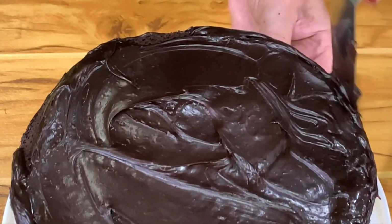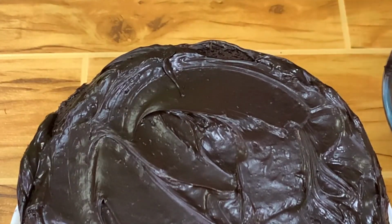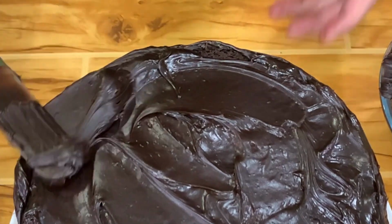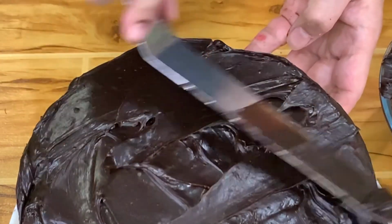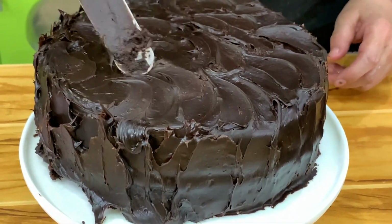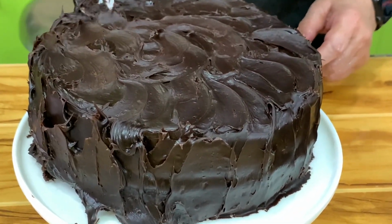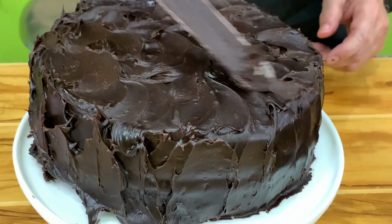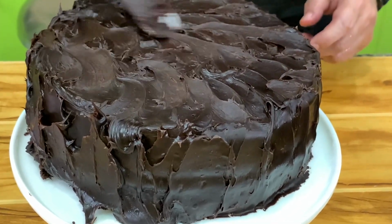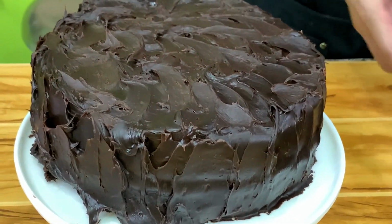And don't forget, please use real mayonnaise. Don't use what they call all-purpose dressing because it has a different component. You can just make swirls like this. It doesn't have to be uniform. You can serve this as it is, like this, or I have here some